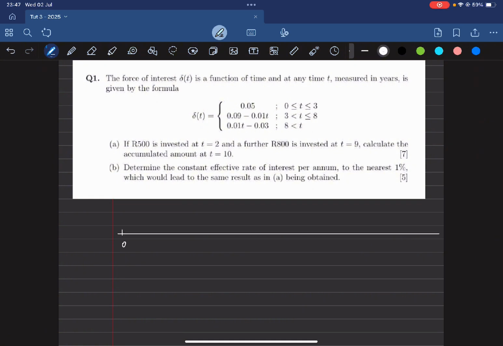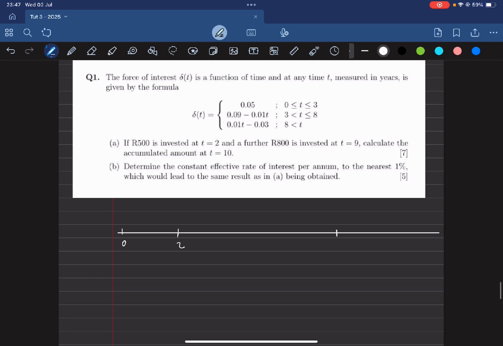So I'm going to draw time 0, time 2, time 9, and time 10. Okay. And it says 500 is invested at time 2, so we're going to put 500 here, and 800 is invested at time 9. Now what I want to plot on my graph is our different forces of interest. So from time 0 to 3, so I'll mark this as time 3,